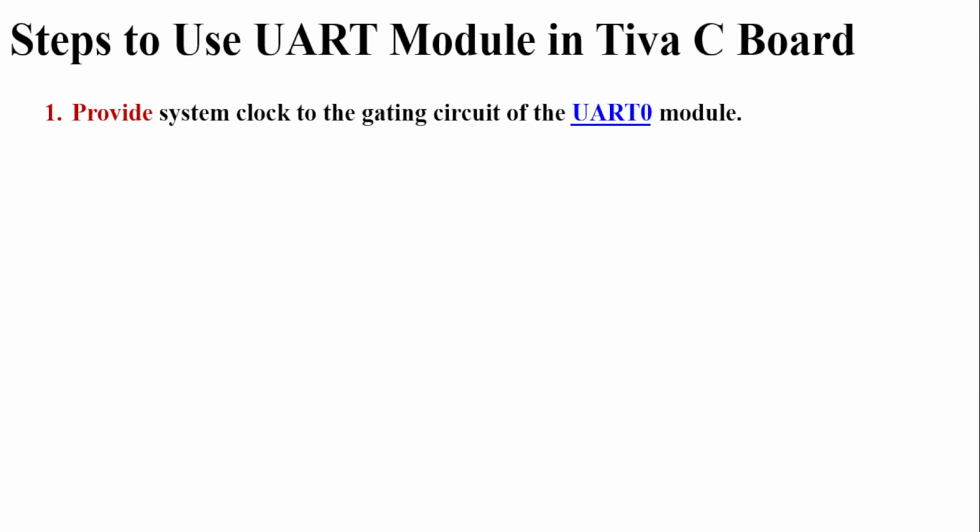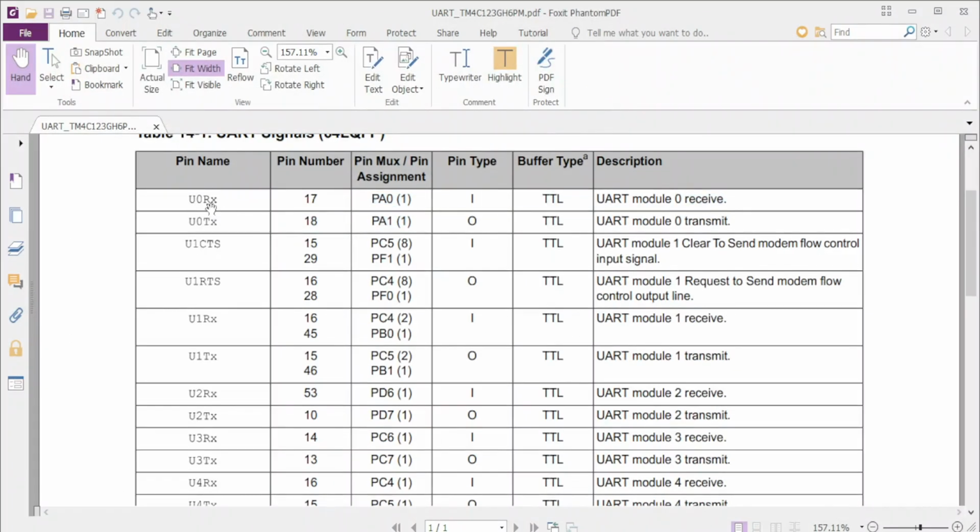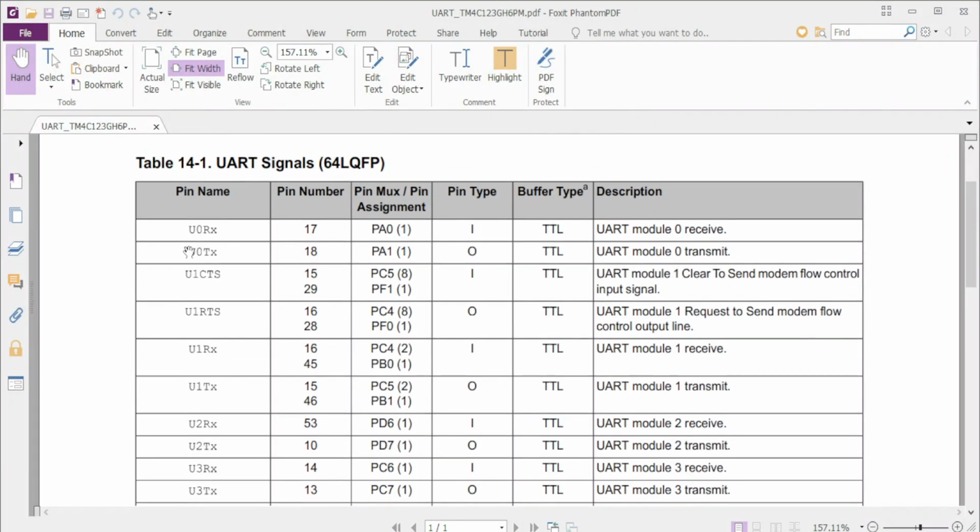Now the steps to use the UART module in the TIVA C board. In our program we are going to use UART module 0. First of all we will have to provide the system clock or clock gating to the UART module 0, and to know the pins which are connected to the UART module 0 we can refer to the data sheet of